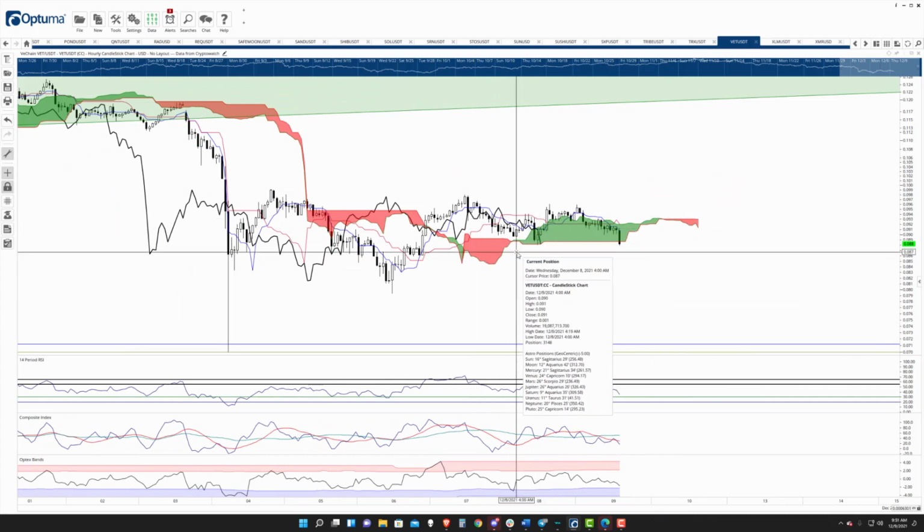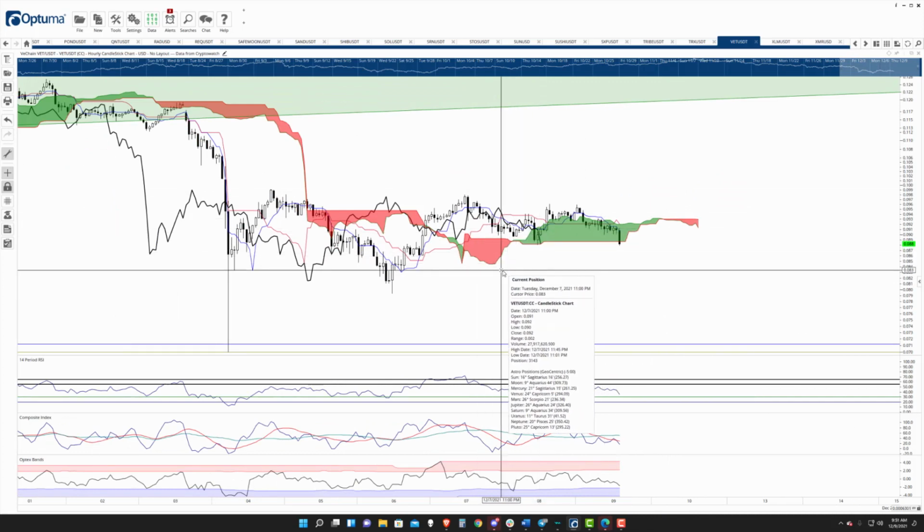Overall, the whole market looks like it's in one big continuation move south. So we'll just keep an eye on it,